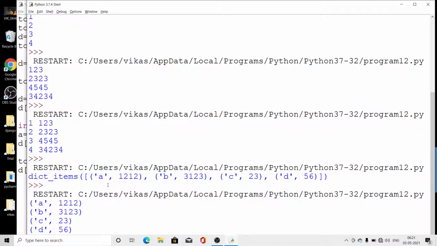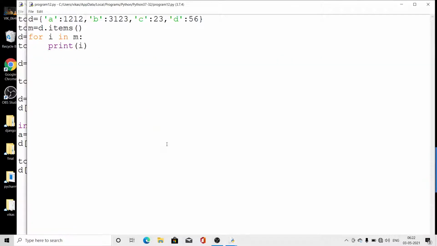Here, with the help of a list, it is storing all the key and value pairs in the form of tuples. That means the key and its value are stored in the form of a tuple inside the list. So look here, this is the tuple form, and all the tuples are in the form of a list because the square bracket is here. So whenever we access the items, we will get them like that.